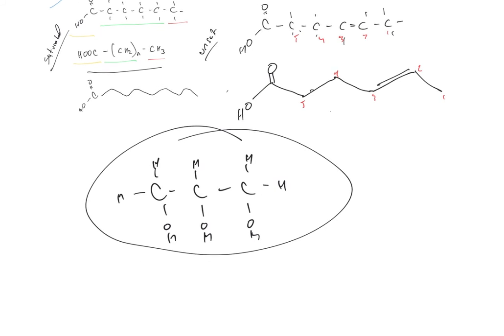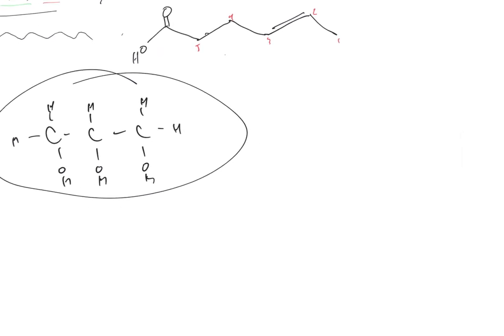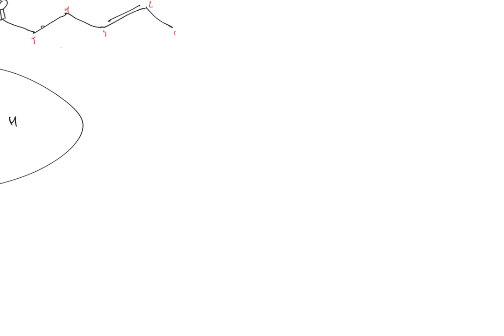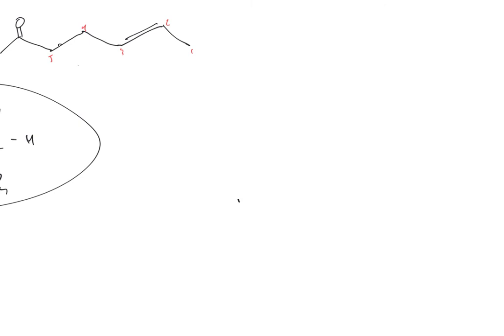All right, I think that's it for now. That's saturated, unsaturated. So if I'm drawing a triglyceride, so if I have C, C, C, there's my H's, okay? So we have a C, double bond,